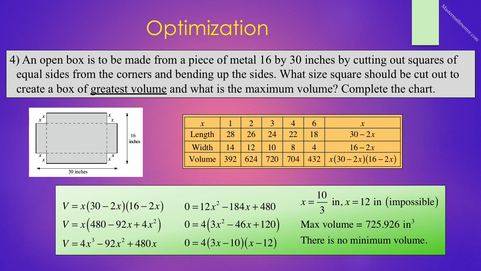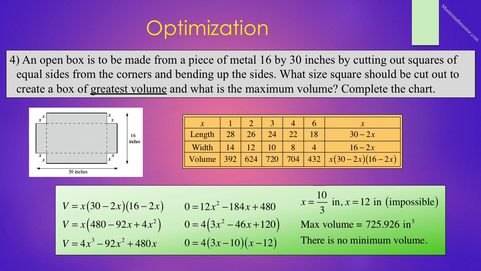We can factor out a 4 and get 3x^2 minus 46x plus 120, and that factors into 4(3x minus 10)(x minus 12), meaning that x is equal to 10/3 inches and x is equal to 12 inches. It is impossible to have a 12-inch square cut out because the width is 16 inches. So we throw that out, and that tells us that x must be 10/3 inches,